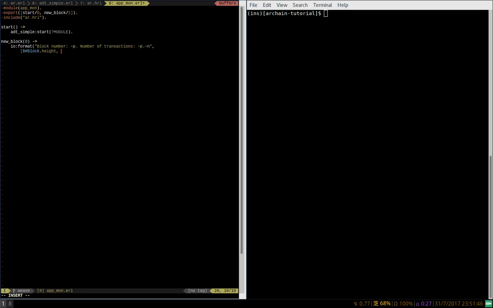So this will fill in the first ~p with the block height, and then we'll get the length, which is a built-in Erlang function, so it doesn't need a module, so it doesn't need module colon length, just length is fine. B#block.txs, or rather it's not built in, it's just auto imported from the Erlang module. So there we go, we'll finish that, and that's our first Erlang Archain app, and this will run in a